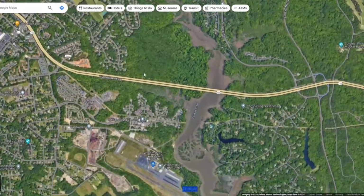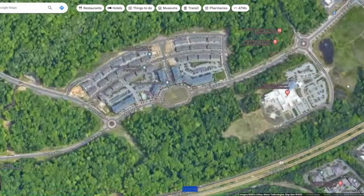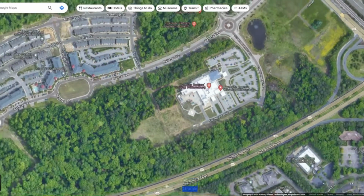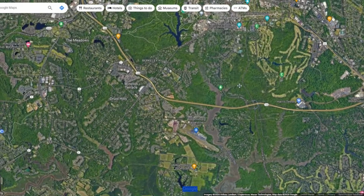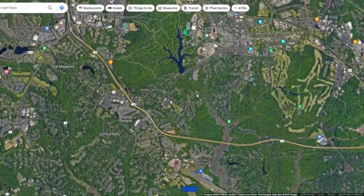And then you are going to have the Doctor's Hospital down this way. This is probably your closer hospital. It's probably less than 10 minutes away, not quite as big as the Centera though, so a bit of a smaller hospital this way. So for medical services, you're going to have two hospitals in the 10 to 15 minute range away. But yeah, and then of course you just have access to everything here, and this is right in